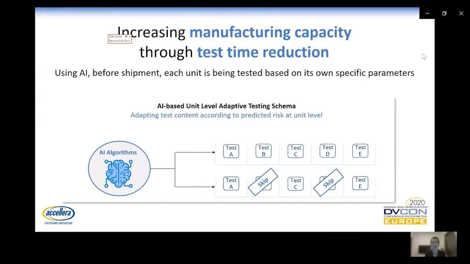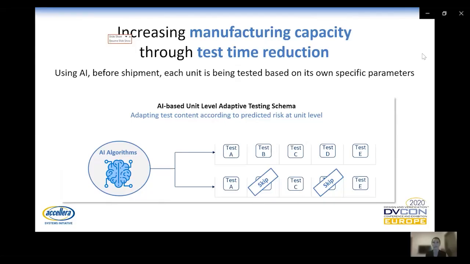phase where each unit, and we talk about millions of units that are in the manufacturing line each minute, is being tested, and there are a lot of different tests that each unit needs to go through in order to make sure, obviously, that we are meeting the very strict quality characteristics that we need to meet as our commitment to our customers. Before implementing the AI algorithm, each unit was going through the exact same tests in a sequential order.